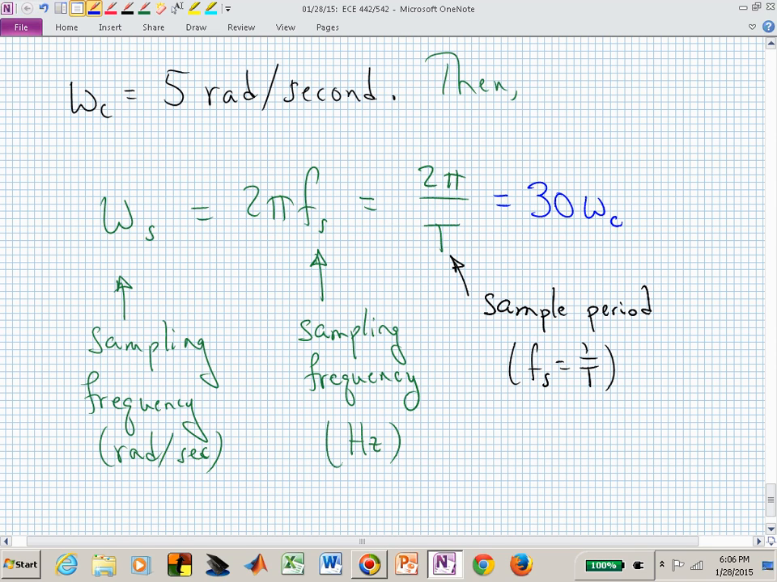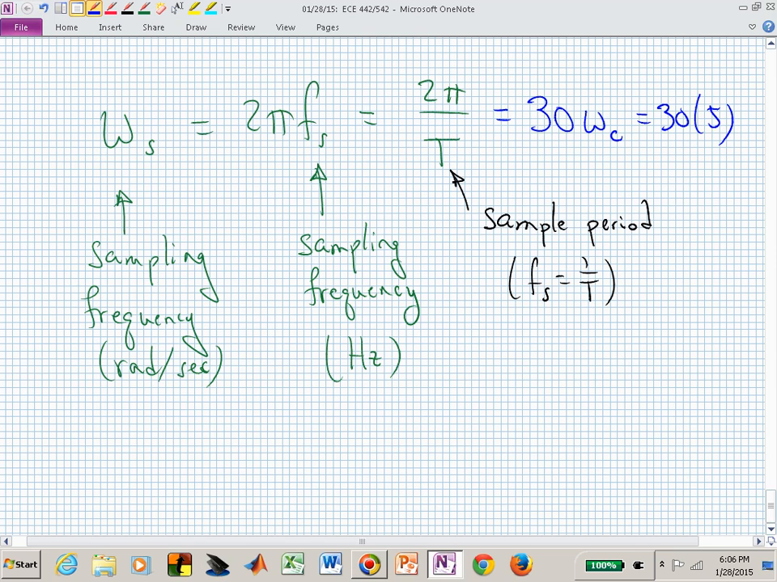That now says that our sampling frequency omega sub s is now 30 times 5, so that now we can solve for capital T. Capital T is now, if we multiply both sides by T in this relationship of 2 pi over T equal to 150, we now have 2 pi over that 150,